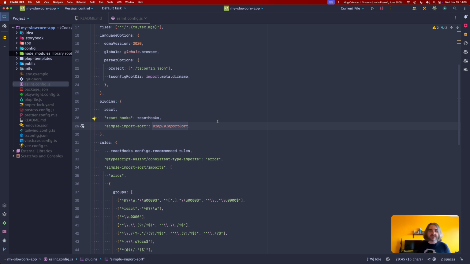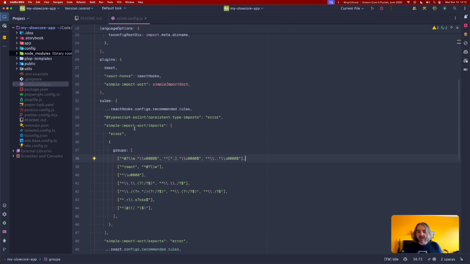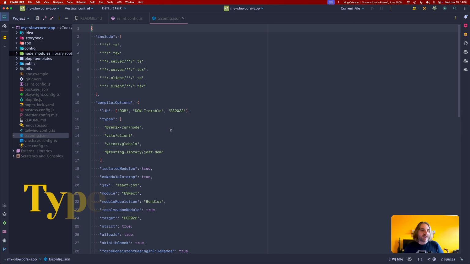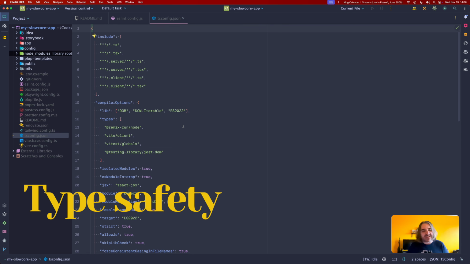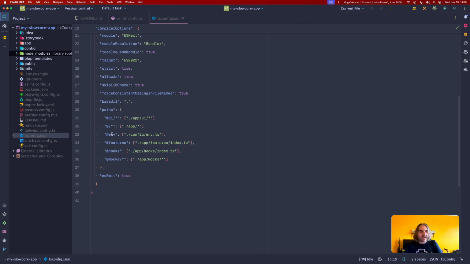So it basically sorts imports according to the groups, and the groups are in here. We obviously have TypeScript, and this is a default TypeScript configuration that comes with Remix. I've only added testing library globals with Vitest and put some of the shortcuts that this